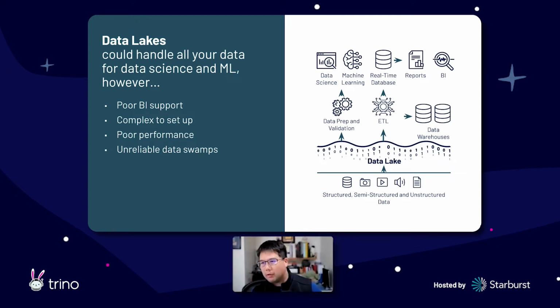Now, some people call it data swamps, some people call it data salad. Doesn't matter what the nomenclature is. What it meant is that you had a lot of data stored in these cloud object stores or HDFS, i.e. data lakes, in which there was no lineage or control over this data. Nobody seemed to understand what was going on. It did give you the flexibility to store structured, semi-structured, and unstructured data. It did give you the ability to store text, audio, video. But it became a much more complicated system to deal with in order to get to data science, machine learning, and real-time databases.